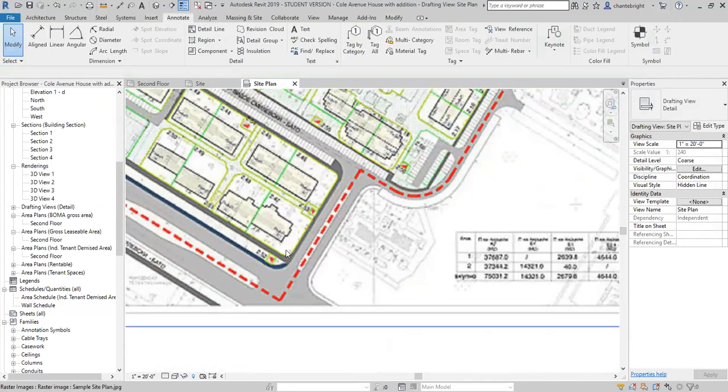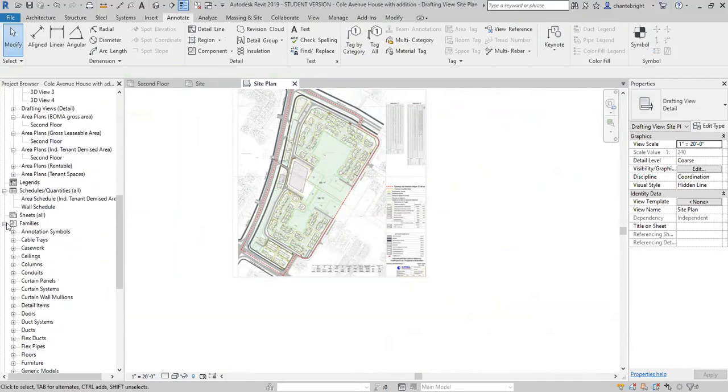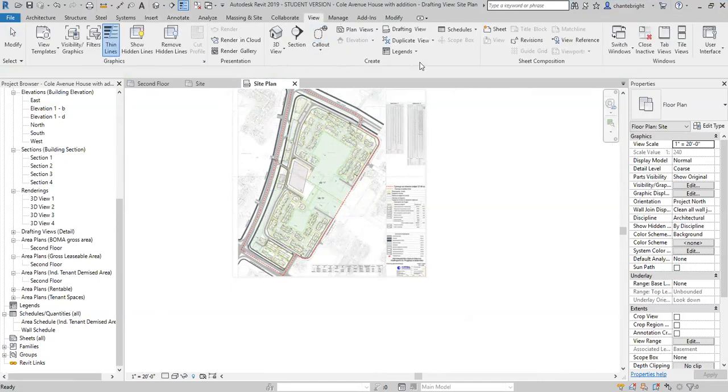So then the next question is, okay, well, I want to show this on the sheet. Well, it's at 1 to 20. These are now true to scale. And if I make a new sheet to put everything on, I have no sheets over here, so I'm going to make a new one, and I'm just going to go up to view, and I'm going to click on